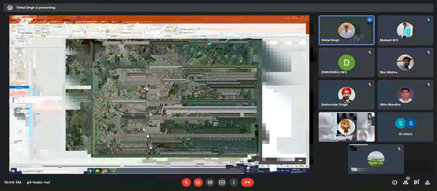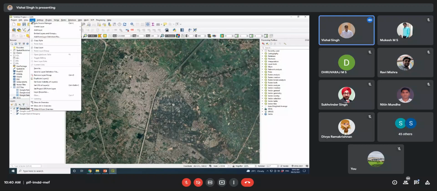Now what we can do is go to the layer option. If somebody is following me, they can follow.